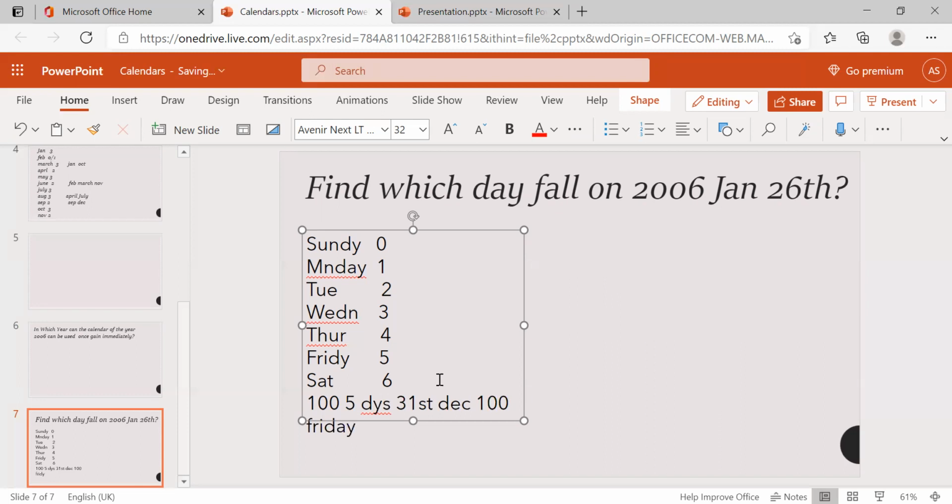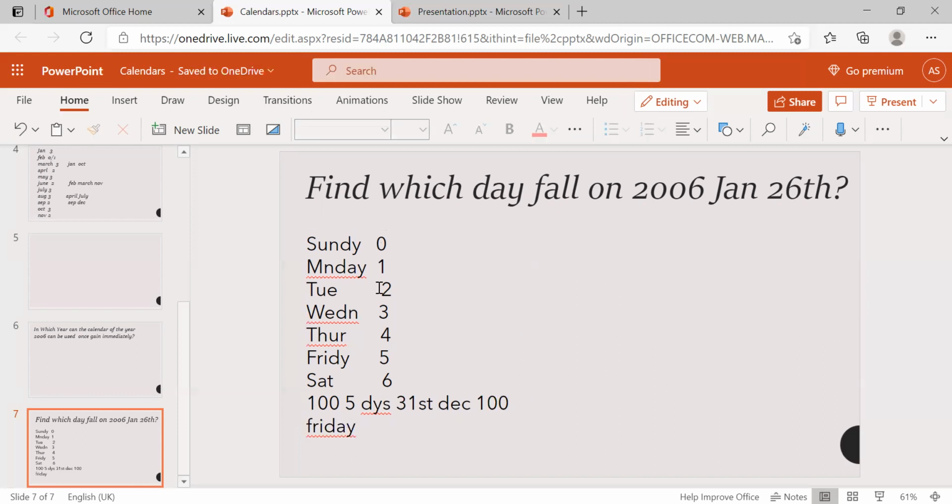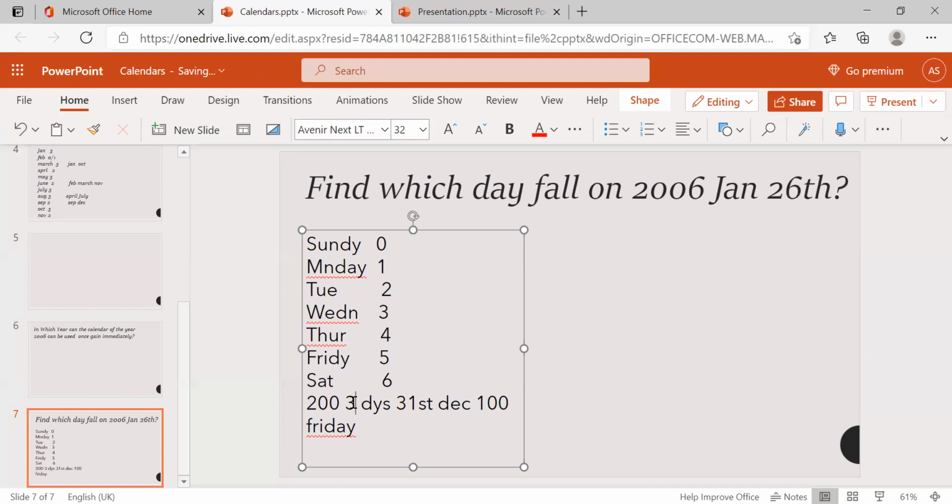Like that, this code will represent the day. Suppose in 200 years we get 3 odd days. What does 3 represent here? 3 represents Wednesday.